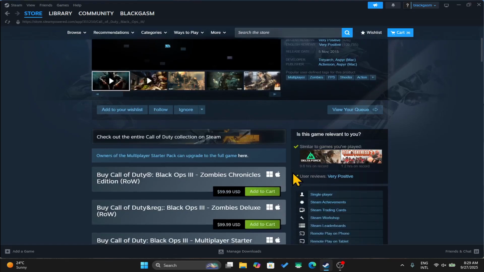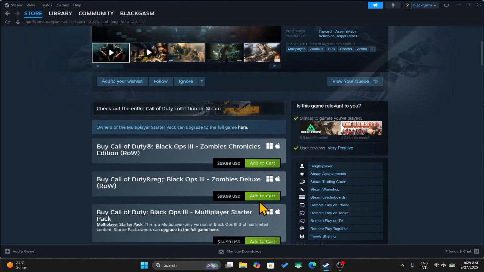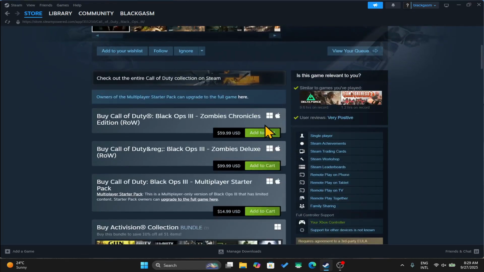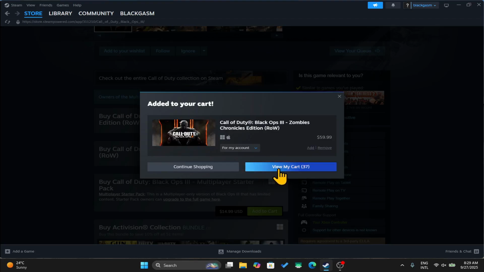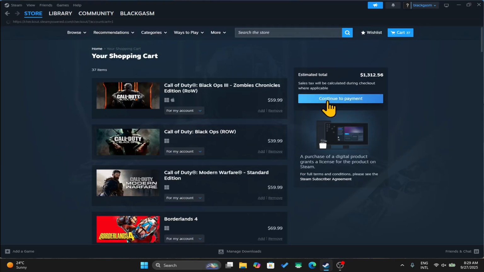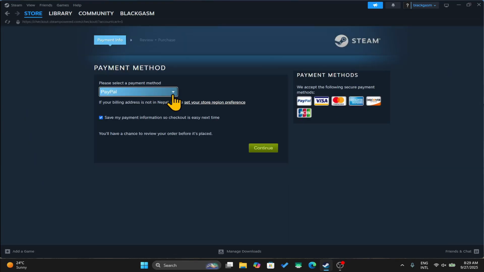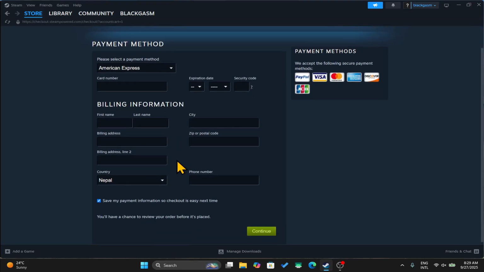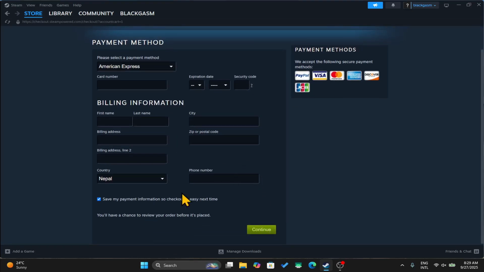Scroll down and click on the Add to Cart button alongside the edition or bundle that you would like to purchase. You can then click on View My Cart to continue towards your payment. Now you can use your Steam Wallet balance or one of the payment methods from the drop-down menu. Finally, enter the credentials of your chosen payment method, and once the transaction is completed, the game will be added